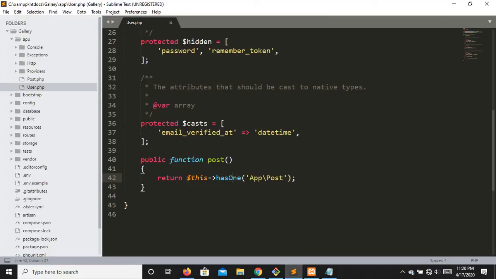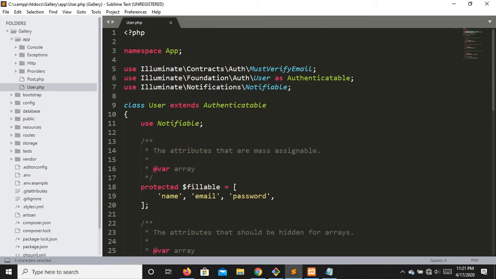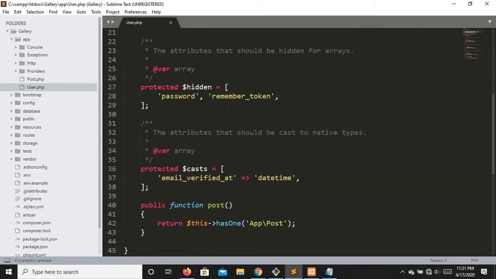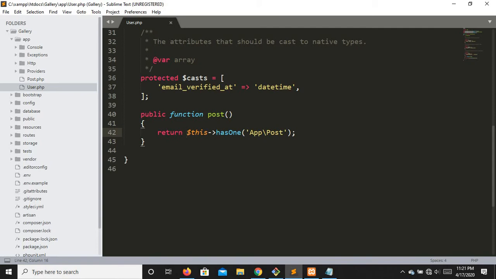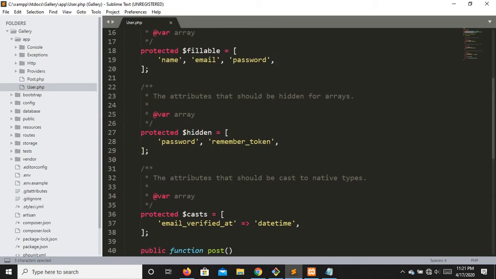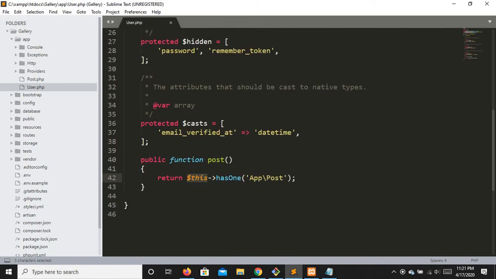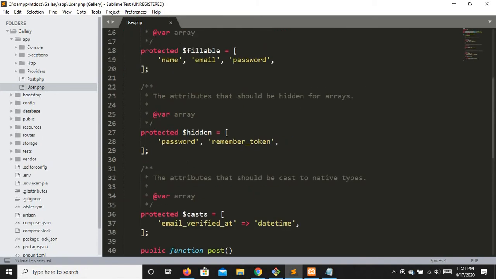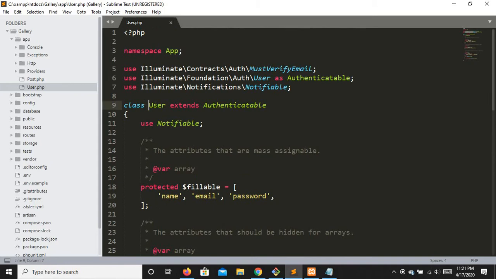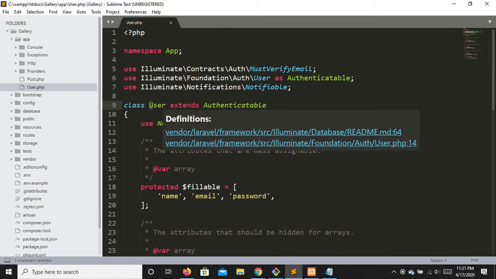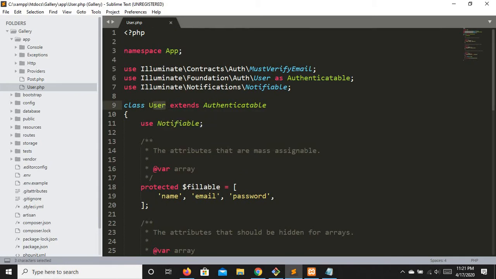Okay, in this case $this equals user. Why? Because $this is an OOP concept, and whenever you use $this inside any specific class, $this refers to the class name. In this case $this is referring to this user right here.